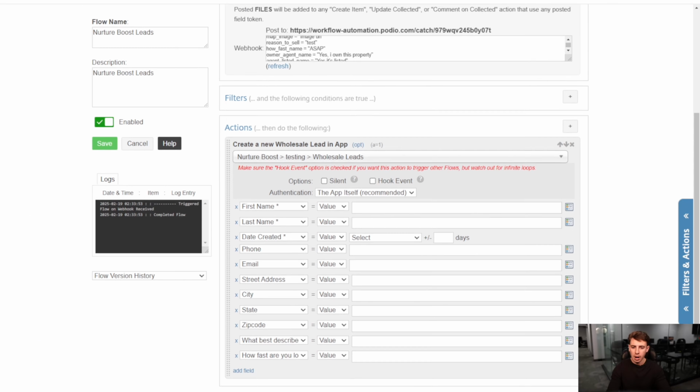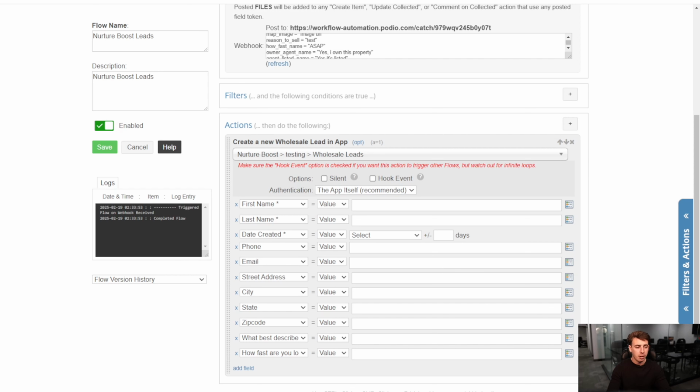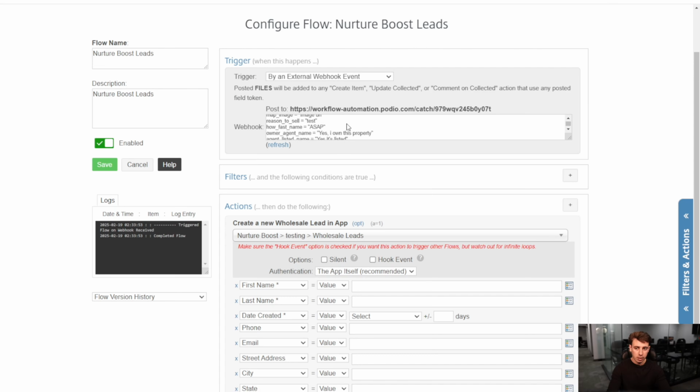All right, so I've added a bunch of them in right here. What you're going to want to do is basically any piece of information that you want, you're going to want to go ahead and place it as one of the options. And then all we're going to do is sync up this field with the data that comes through from Nurture Boost. So the test that we sent goes ahead and gives us test sample data to go ahead and match these fields right here. So for first name, we're going to go ahead and match it by clicking over here,